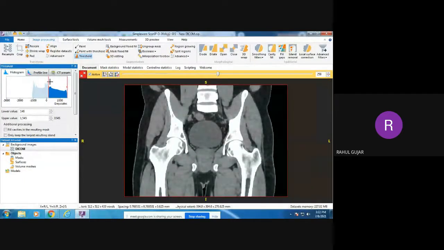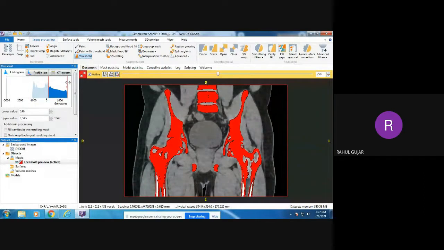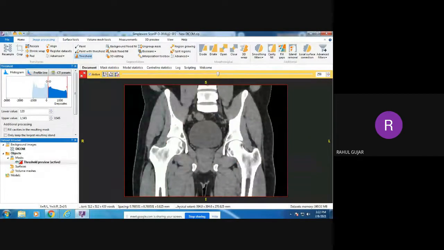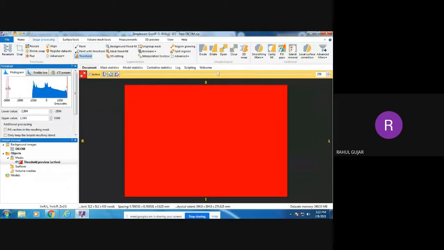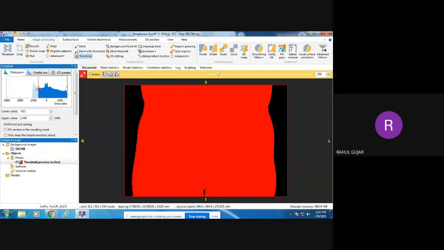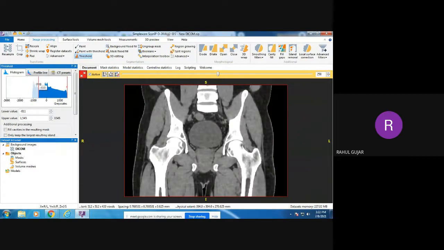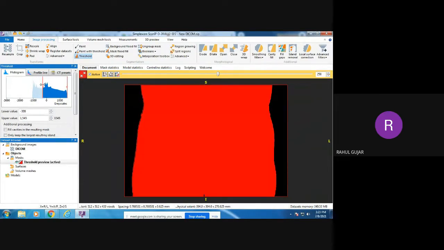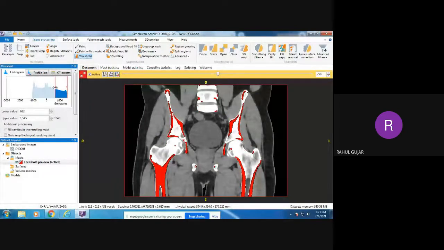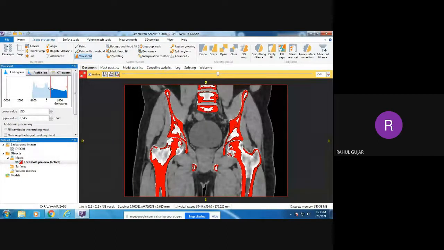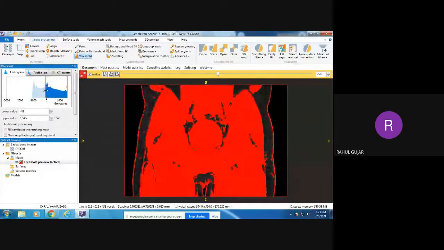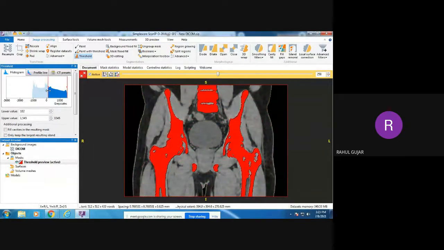For this we need to use the threshold option. To implement the threshold, always keep this on this side, and this you can move, you can scroll according to your grayscale values. On this graph you can see the grayscale values are now shown. You can just move it to and fro. We are interested only in the bone, so we will move it slowly to get that part only. If you increase it too much, then the complete body will show the mask, but we don't want that. We just want the region of interest of the femur bone, and therefore we scroll it according to that part only.